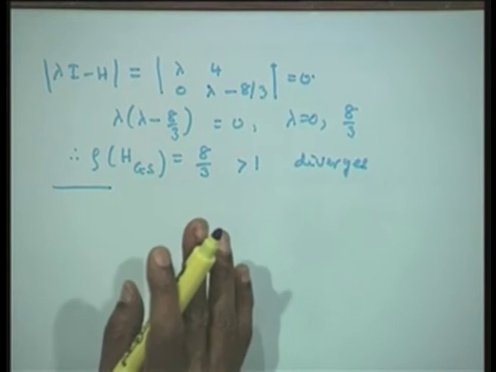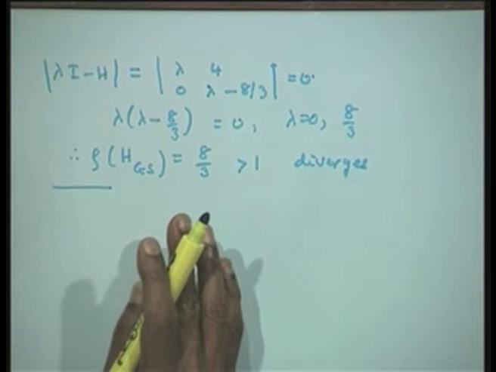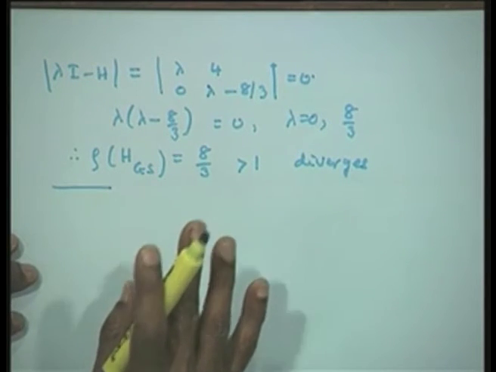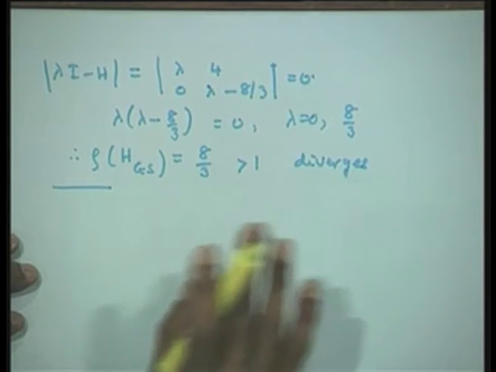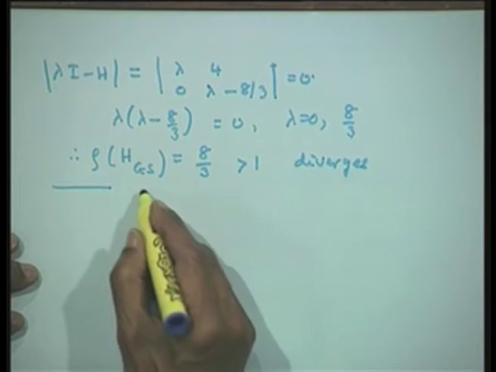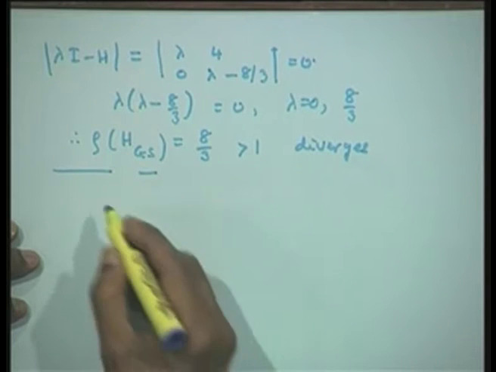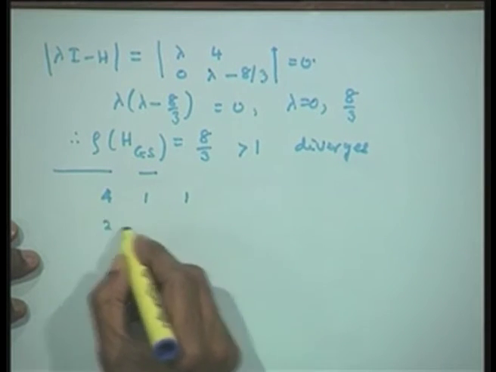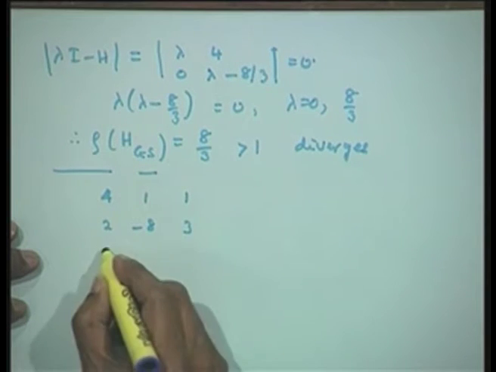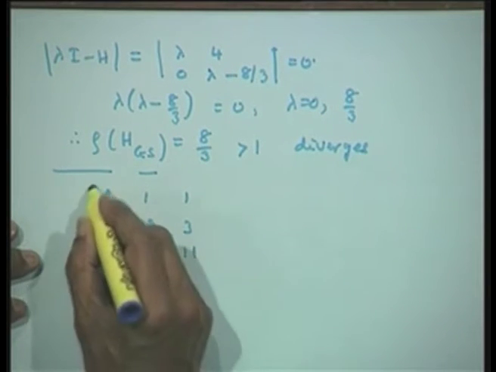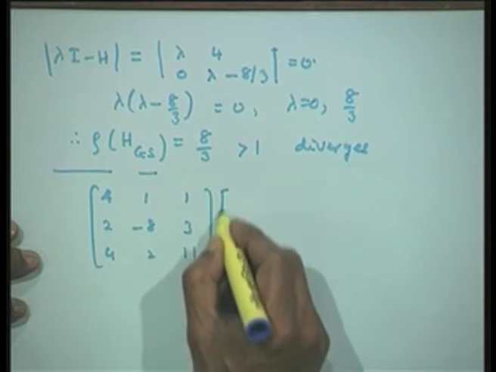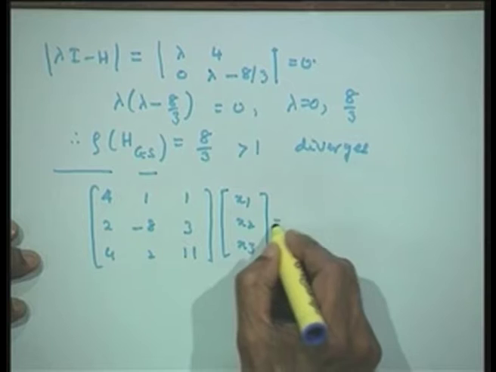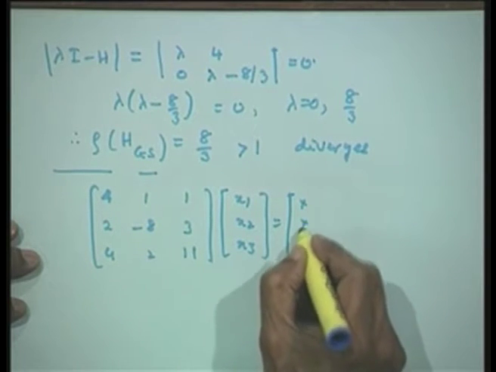However, we mentioned that if the given system is diagonally dominant, then it would automatically imply the norm is less than 1 and the spectral radius less than 1. Therefore, in that case we do not have to bother. For example, if I write a system like 4 1 1, 2 minus 8 3 and 4 2 11, with x1, x2, x3 equal to whatever the elements are,